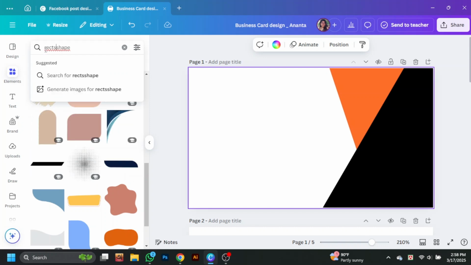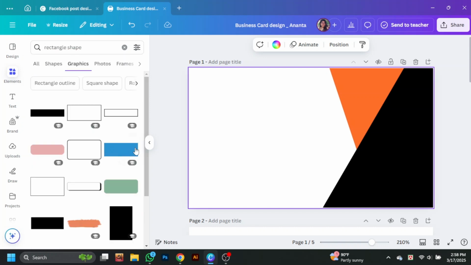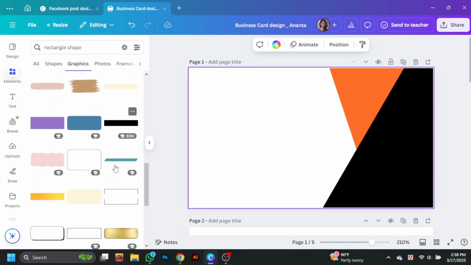Then go to the element and search for a rectangle shape